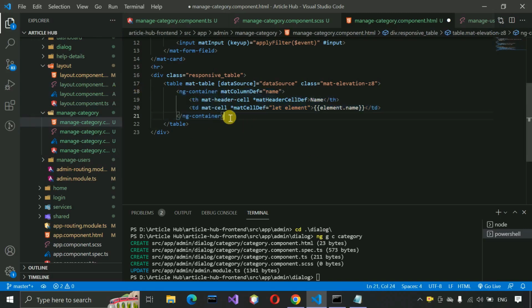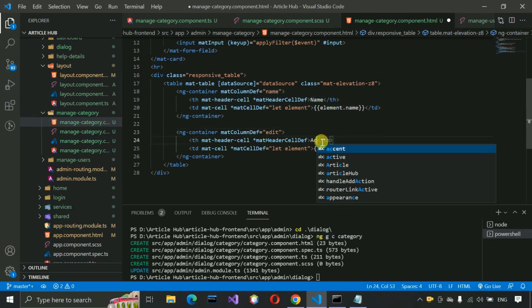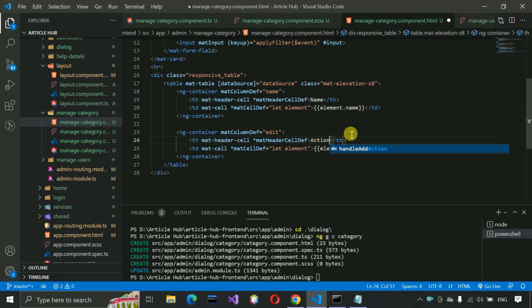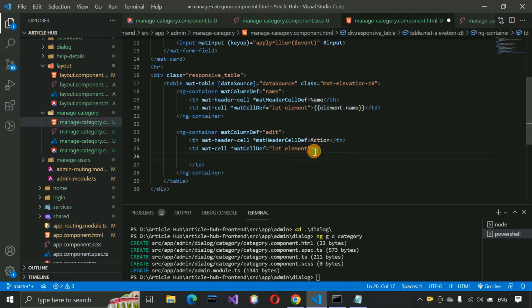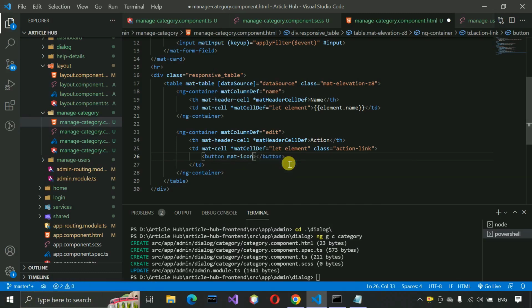Then we just copy paste this one, and here we just need to change this to edit, and here we just need to write action, and inside this one we just need to delete this part and put enter, and here the class we need to write action-link, and at this place here we have to create a button, so I'm going to write a button and mat-icon-button,